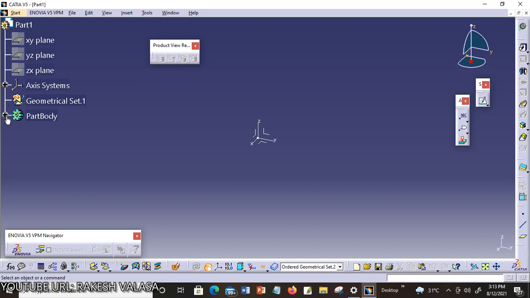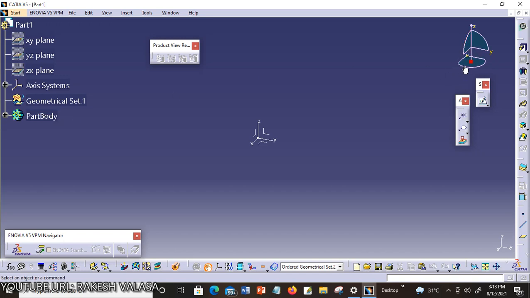It shows that the representation node contains four subnodes, three default planes, that is xy plane, yz plane, zx plane, and a part body, which stores all the shapes and graphics drawn in a CATIA V5 object.